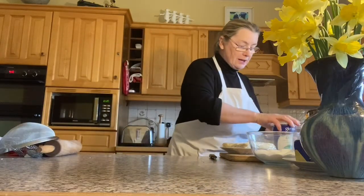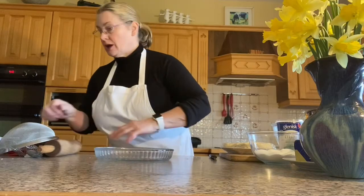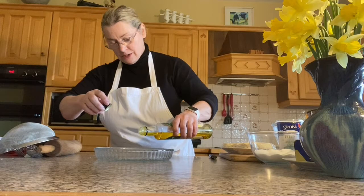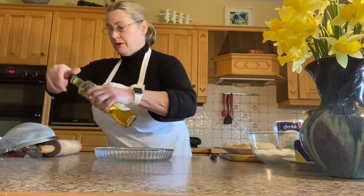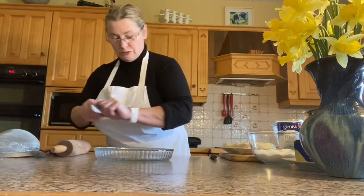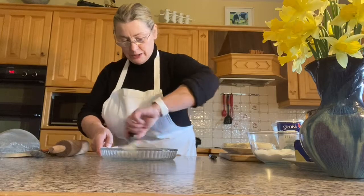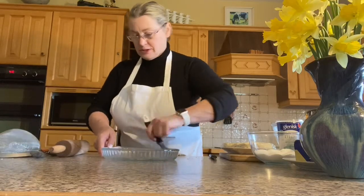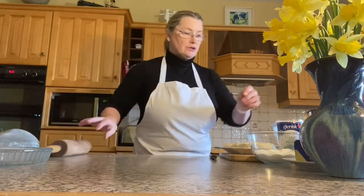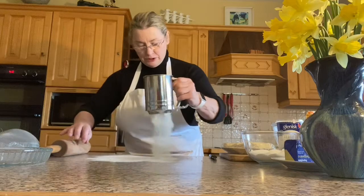So the first thing I'm going to do is to grease my dish, and I can do it with the margarine paper, as I said, or we can put a tiny drop of olive oil, and using my pastry brush I'll go all over it, right into the corners all around, okay, because I don't want it to stick, isn't that right? So then I'm going to get some flour and put a little bit of flour on my unit,